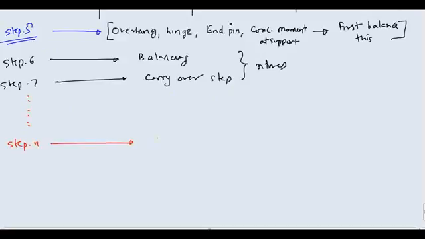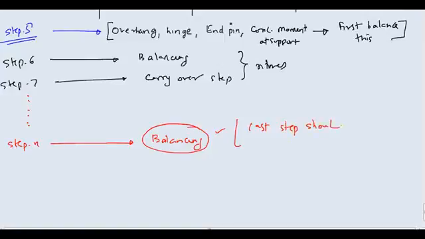फिर तुम्हारी स्टेप एन आ जाएगी, मान लो लास्ट स्टेप है, लास्ट स्टेप इज़ ऑलवेज बैलेंसिंग, ये हमेशा ध्यान रखना। लास्ट स्टेप जो भी होगी वो हमेशा बैलेंसिंग स्टेप होगी, बैलेंसिंग पे लाके तुमको छोड़ना है, कैरी ओवर पे तुम नहीं छोड़ सकते, ठीक है। यहाँ मैं लिख देता हूँ, लास्ट स्टेप शुड ऑलवेज बी बैलेंसिंग, ठीक है।